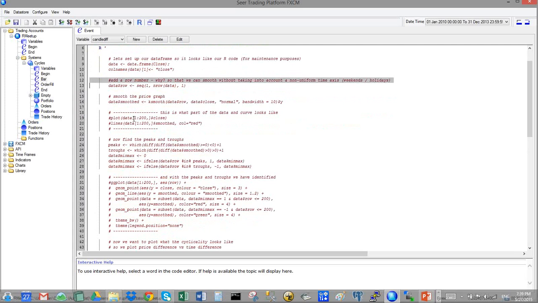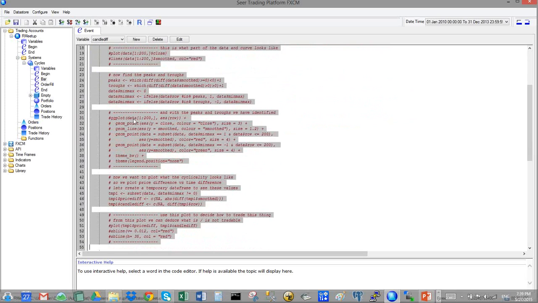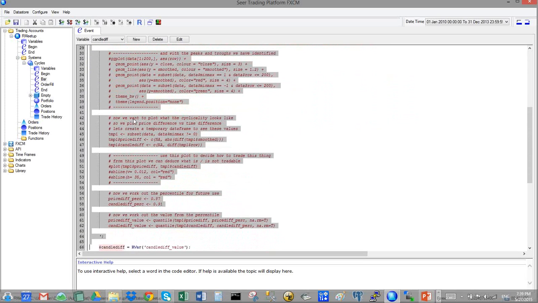Other than that, the rest of this code that I'm highlighting here is literally a copy and paste of the code I had in my RStudio. And you can see I've even commented out the ggplots and all those plots. It's literally a copy and paste. That's the kind of thing I like to do, because that gives me the ability to look at this and say, yeah, that works great, or I have to change a few things, go back into R, remodel, test, paste it back into